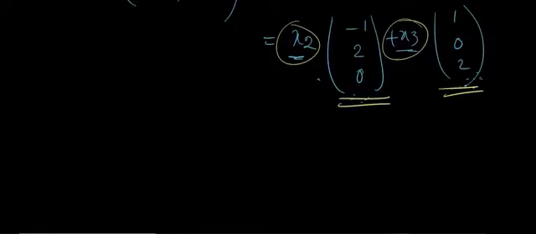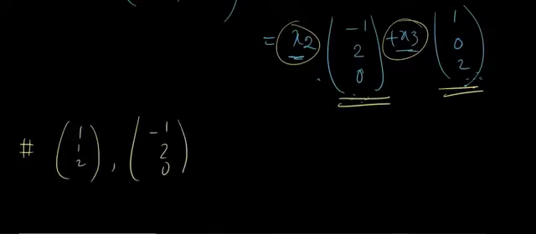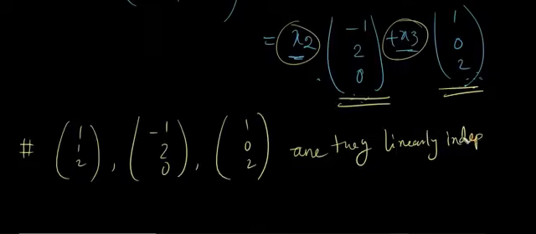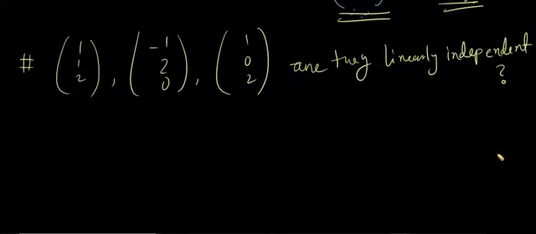And before we say that these are our 3 eigenvectors for this 3 cross 3 matrix, we need to check whether these 3 vectors, that is 1 1 2, minus 1 2 0, and 1 0 2, are they linearly independent? That's the question we ask, because our solution of the differential equation should be linearly independent. And to find the answer,